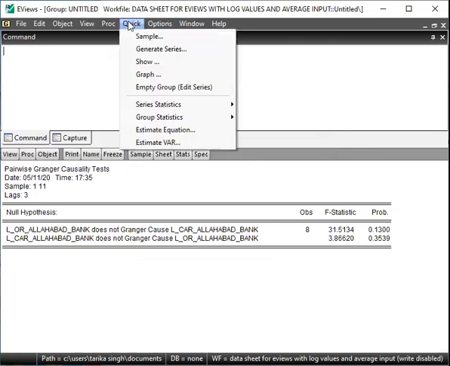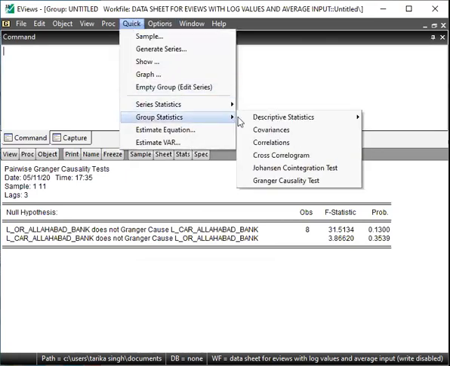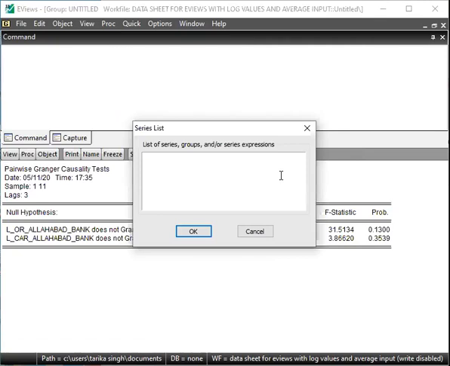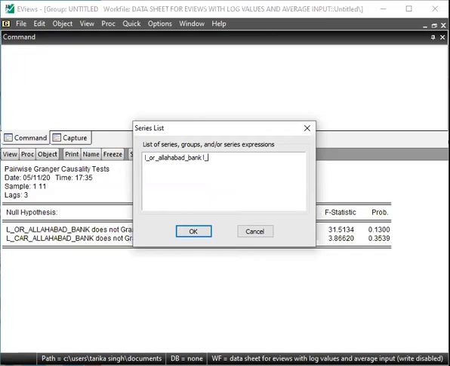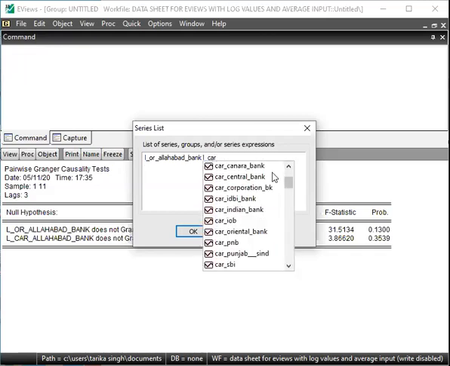So I'll go back to the test again, with L_OR and L_CAR of Allahabad Bank.